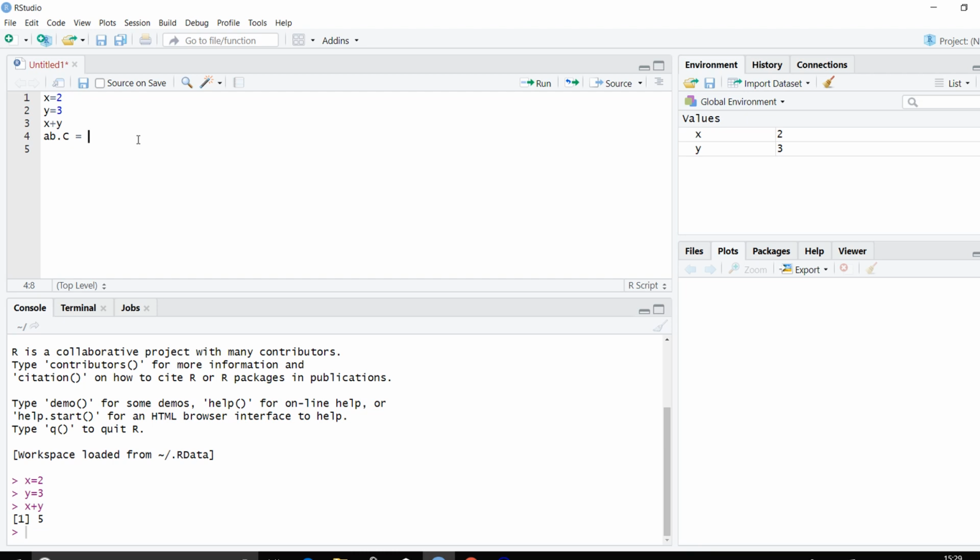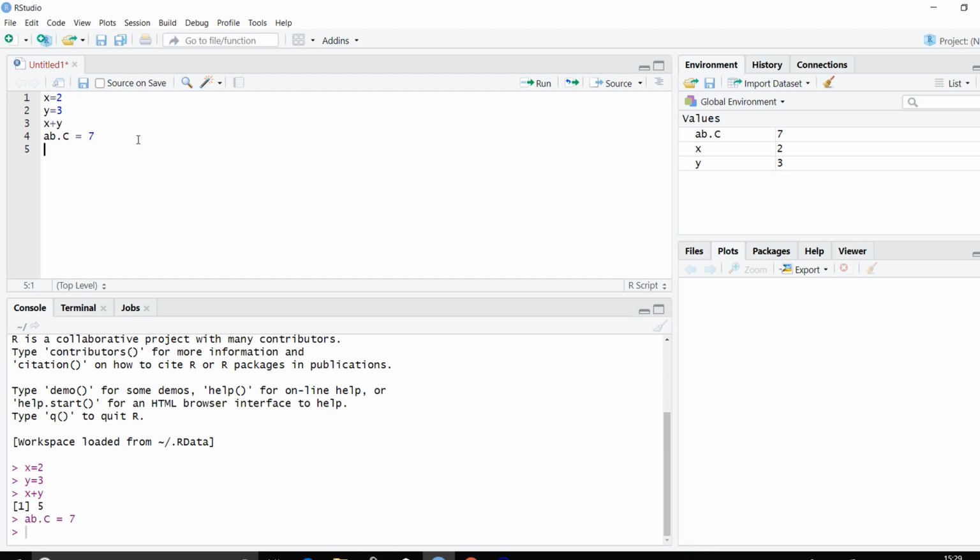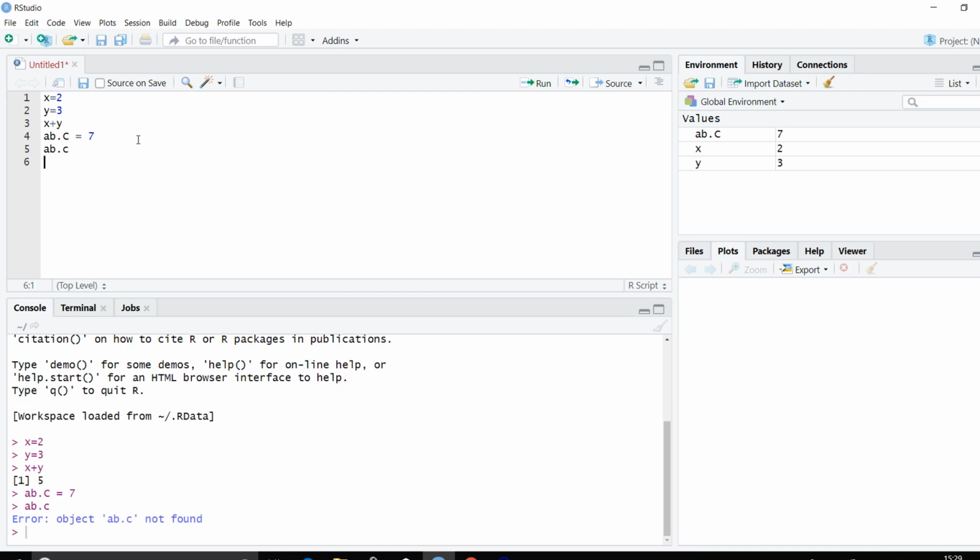So if I say ab.c is equals to 7, I press Ctrl Enter, you can see the value is there. If I write ab.c but I do not capitalize c and I try to press Ctrl Enter, you can see the error here: object ab.c not found. Whenever you see such an error, first of all check whether the spelling of your object is correct or not.